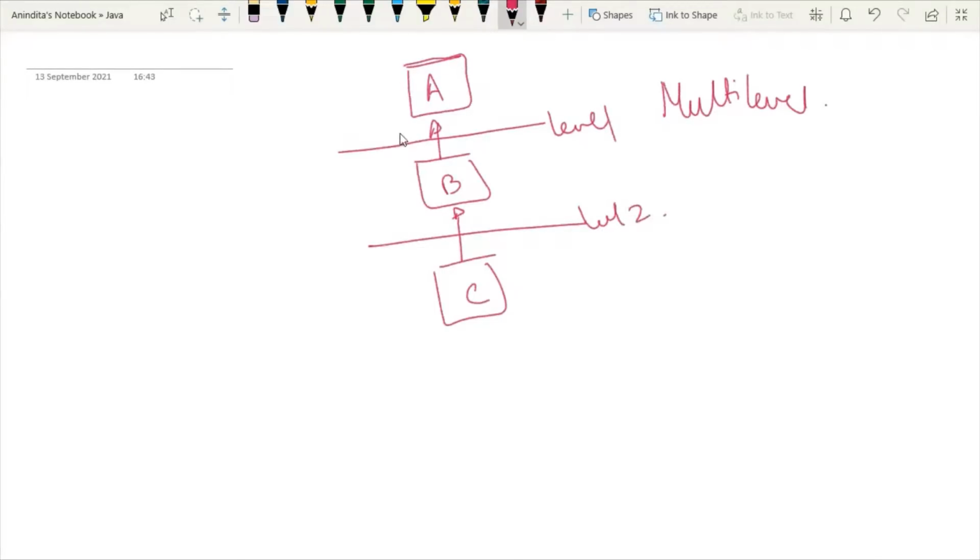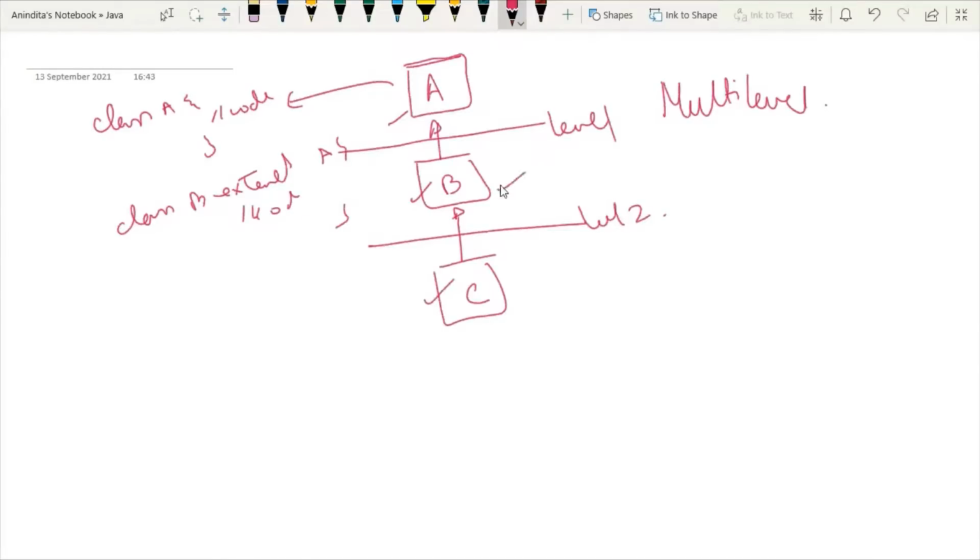So again, if I try to implement this block diagram, then there will be one class A. It is not connected with any other super class. Class B is extending class A. So class B extends class A, simple. And then class C extends class B. Fine. So here the question is, object of which class should we call?